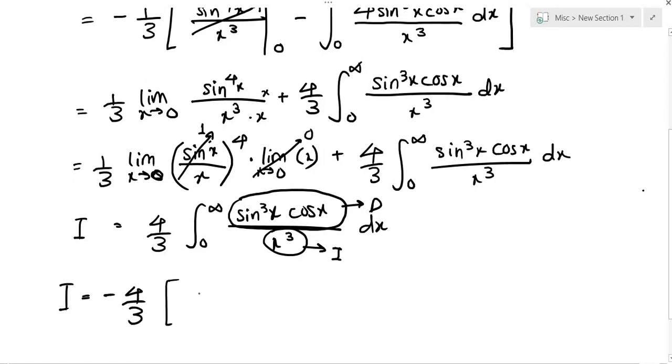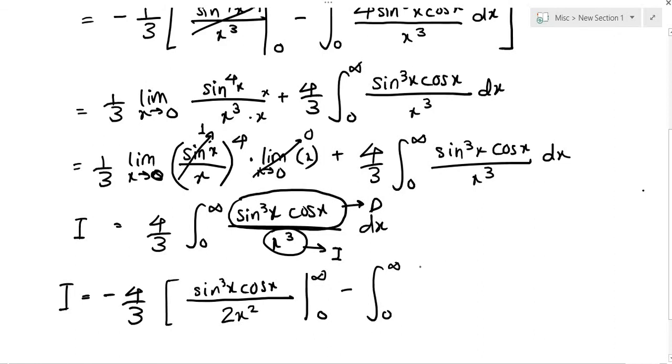Well, you have the numerator as it is, so sine cubed of x times the cosine of x divided by 2 times x squared. We don't worry about the negative, I compensated that outside, evaluated from 0 to infinity, minus the integral from 0 to infinity of the derivative of